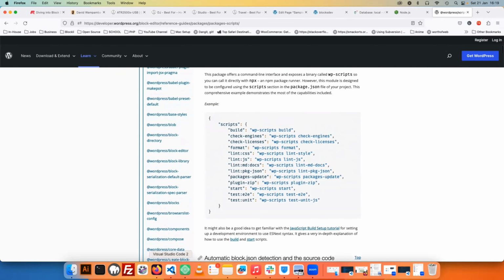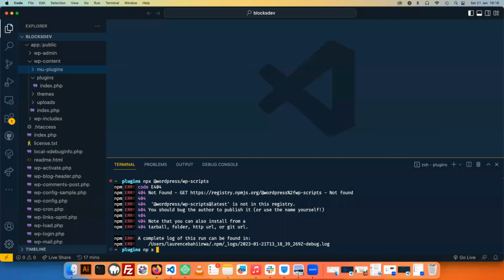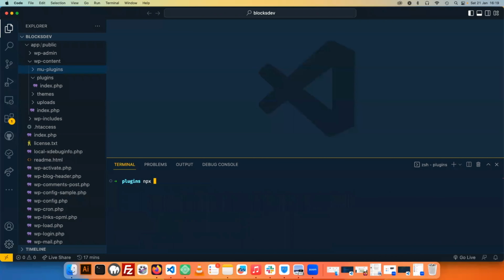Okay, let's go back to our browser. I'll just do this npx install. Npx is one word. Let me clear this. So we have npx, then we have install, we have @wordpress/scripts. And the moment we hit that,